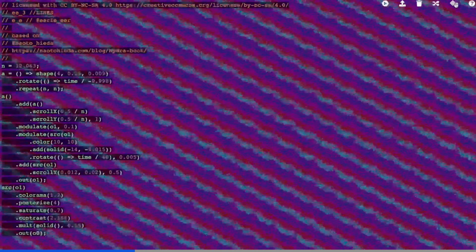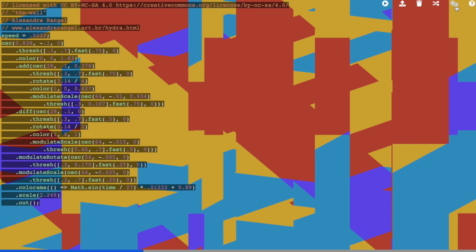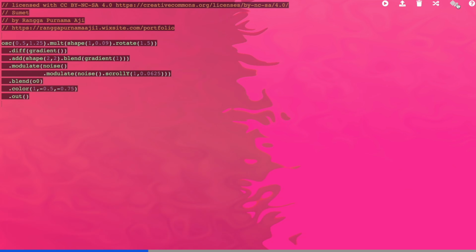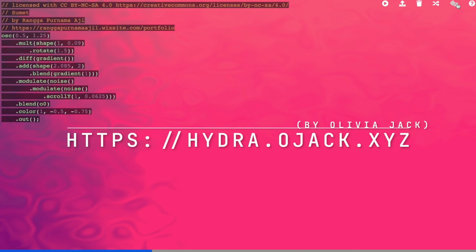It is developed by Olivia Jack and uses a CodePen-like system to allow users from all over the internet to contribute with programming different sketches. There is a Twitter account that posts a link to every new sketch as it appears. As I press the shuffle button, a new random sketch is loaded into the system. As I press the dice button, the engine goes through the existing sketch and replaces the numeric values with random ones, so the visuals look a bit different, but not very.